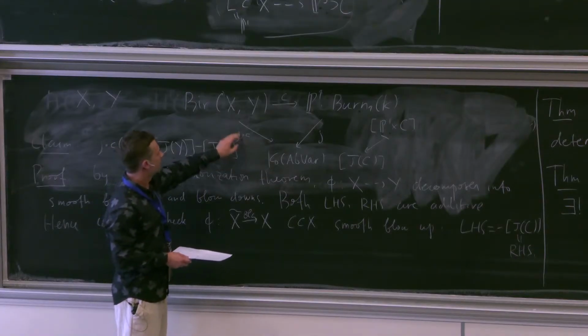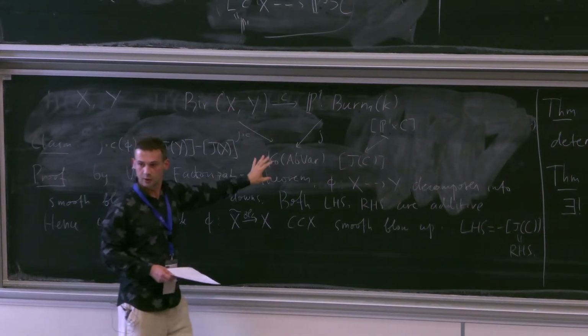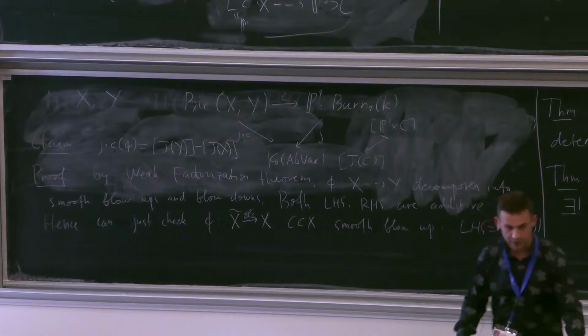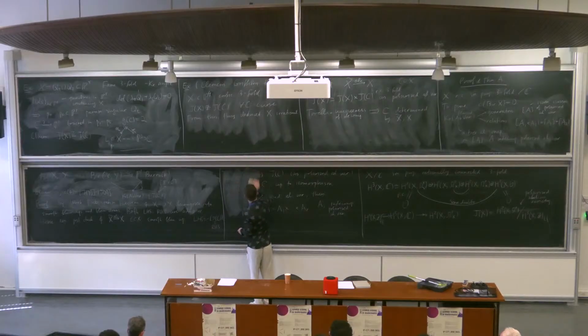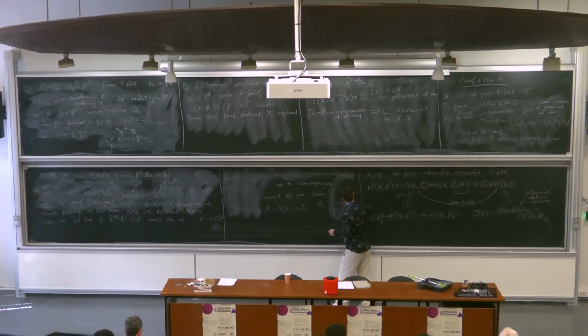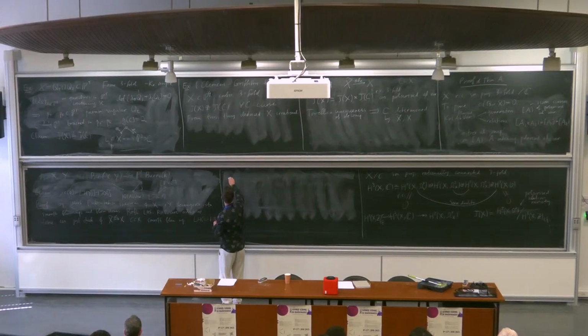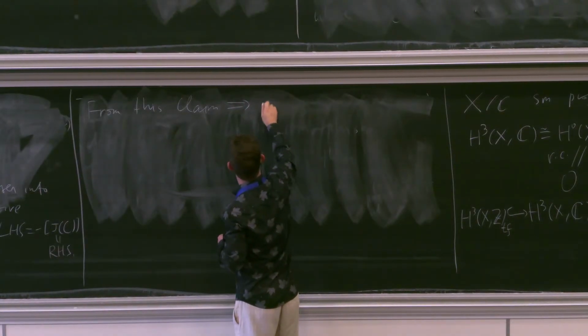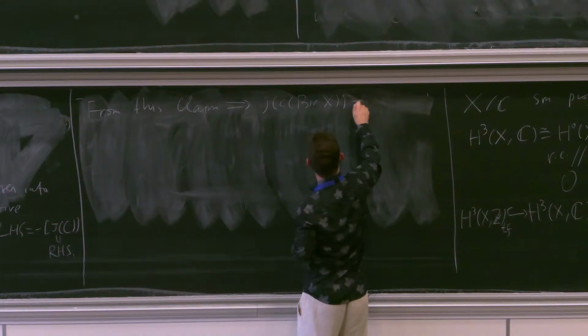What it says is that this composition depends on the source and on the target only. So for self-maps, it's just 0. So this proof is almost finished. We'll be using the Torelli theorem once again. So by this claim, it follows that J of C of birational X is 0.